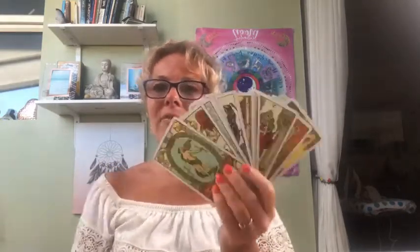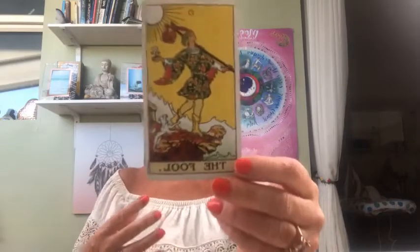The Fool's Journey, like I said at the beginning, is a metaphor for the journey of life. So in the tarot, when we have one of these cards, understanding at what part in the Fool's Journey it might have fallen can help you determine where they are in their reading. So, for example, if you get the Fool in the reading, you know that they're at the beginning of something. You know that they're starting something new. You know that they've got a new chapter or a new venture, and they may be a bit naive about